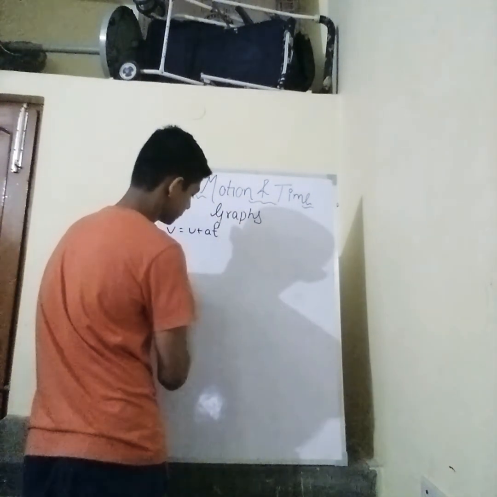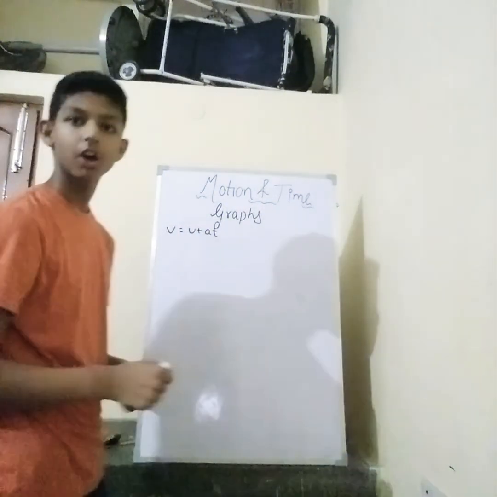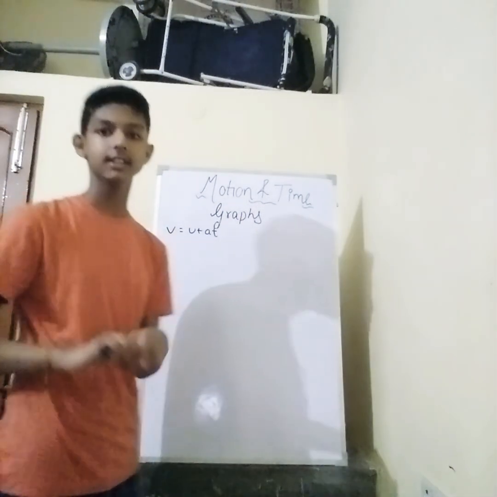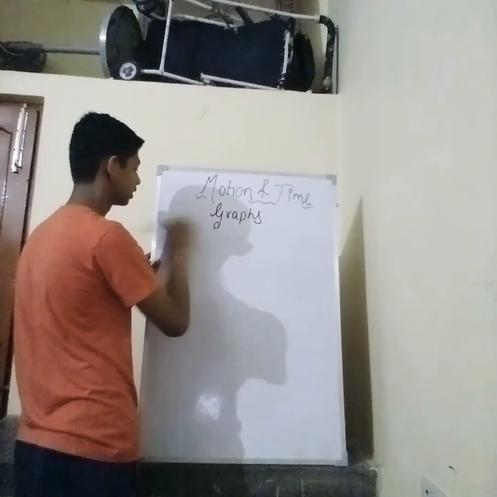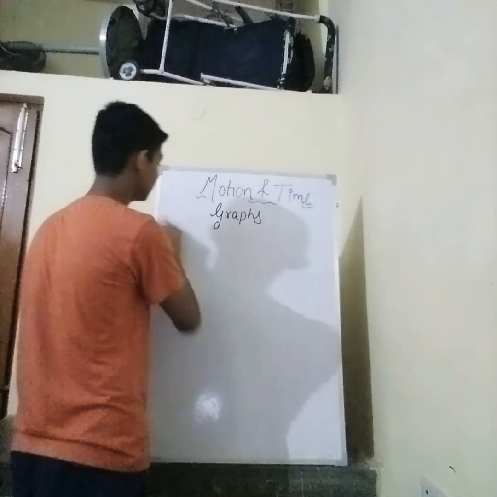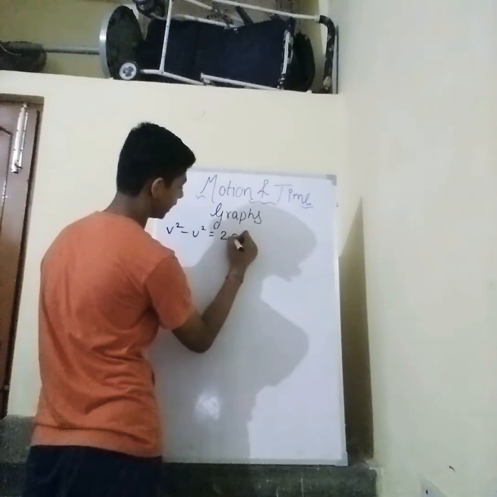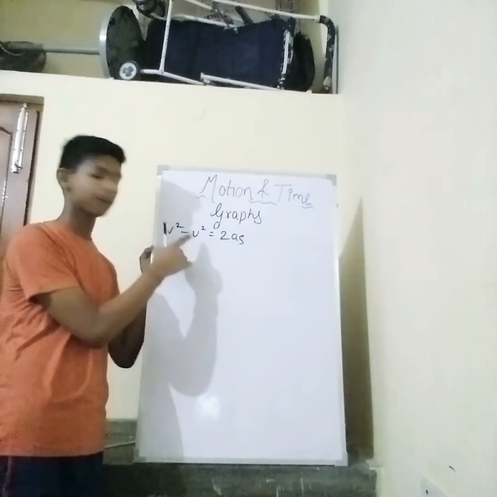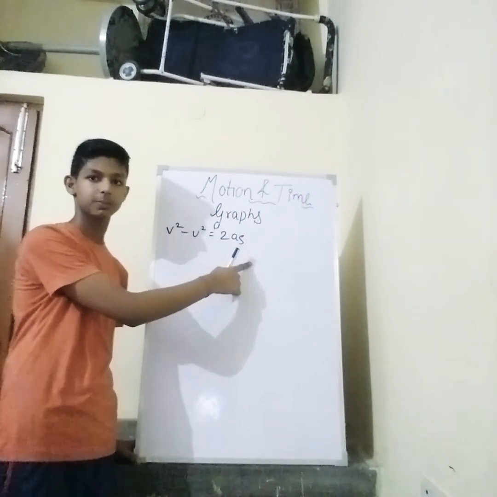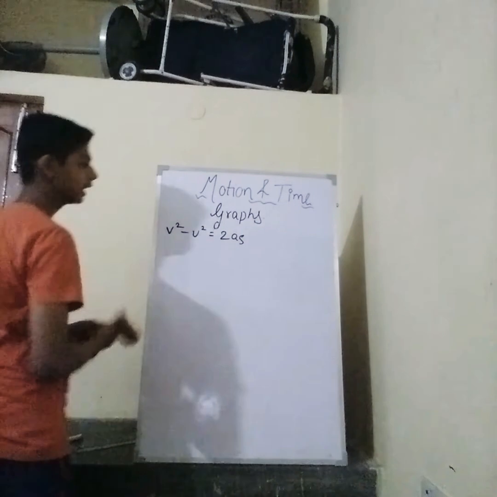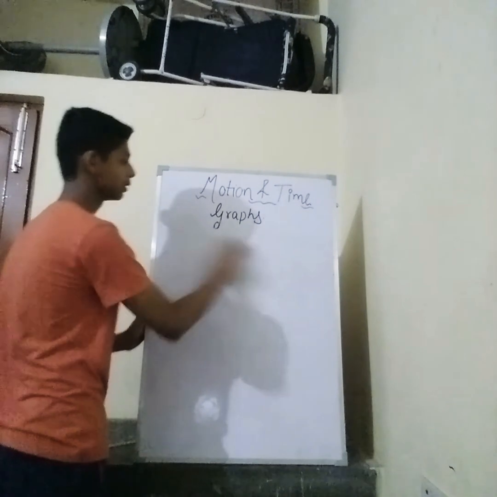I will explain this third equation in my next video, because the video is already 34 minutes 5 seconds and you have to explain it in almost 30 minutes. We are over timing. V square minus u square is equal to 2as. Final velocity square minus initial velocity square is equal to twice acceleration into displacement. Okay, this is the third equation. We have gone through the whole equations of motion and time.